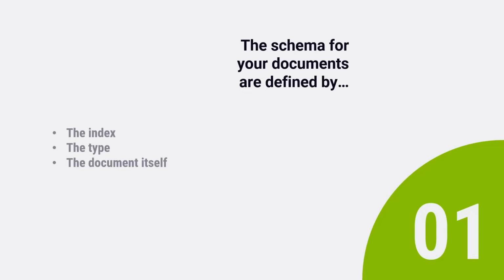So the type is basically, again, the equivalent of a table in a database. It defines the individual fields and what data types they are that a document contains. So again, going back to the example of an Apache log entry, that type might define things like the URL that was requested, or the status code, and the request time, and the referring URL, and things like that. Or if we're storing something like Wikipedia entries, it might just include things like the text of the article itself, the author of the article, the title of the article, things like that. That is all defined by the type of a document. And again, we define types in Elasticsearch by defining what's called a mapping when we're setting up our indexes.